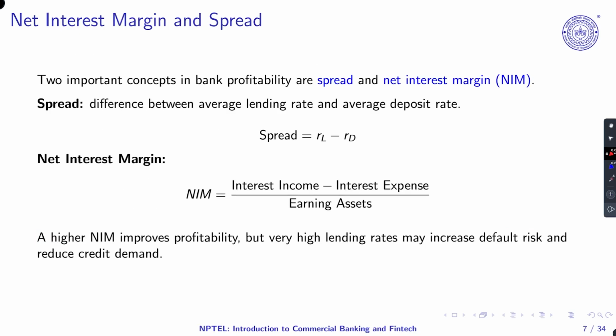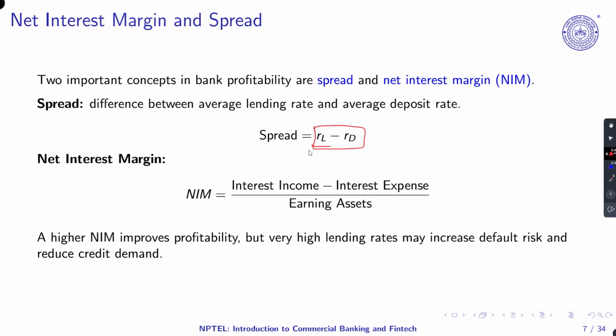Then we went on to calculating spreads. So the first spread was between the net interest margin. The spread was how much they are getting on loans and how much they are paying on deposits. So RL is the rate of interest offered on loans, which means that is the income of the bank. RD is the rate of interest given on the deposits, when depositors are keeping money with you. So this spread is the gain for the bank.